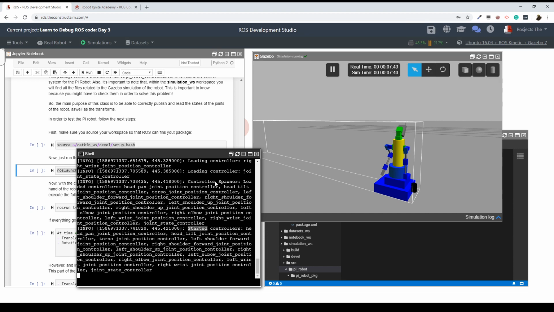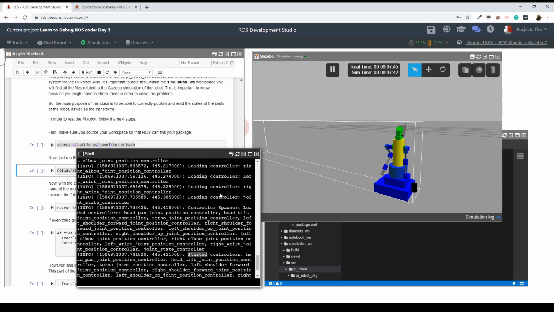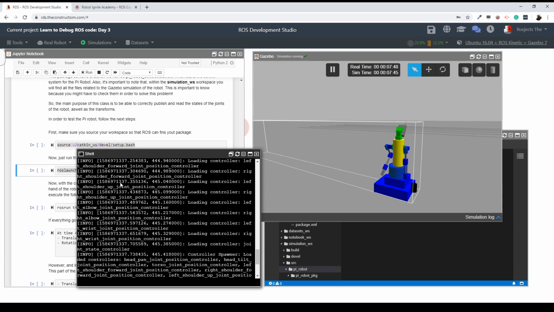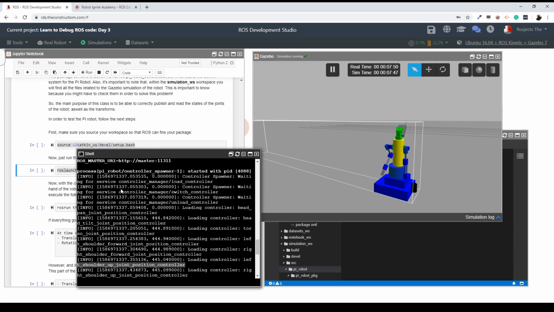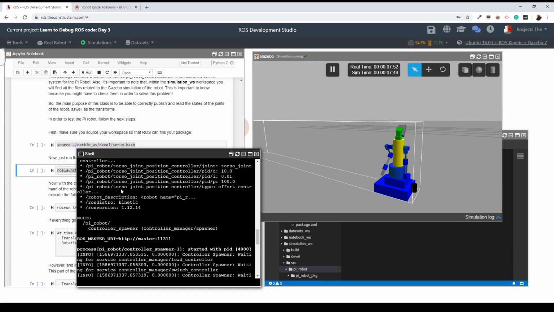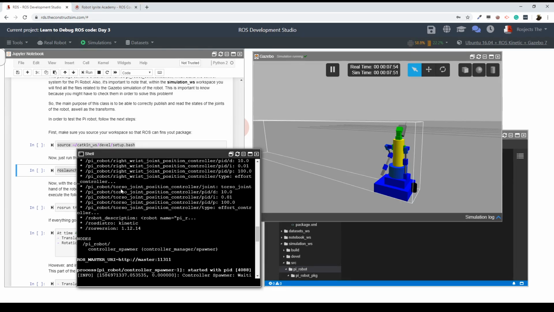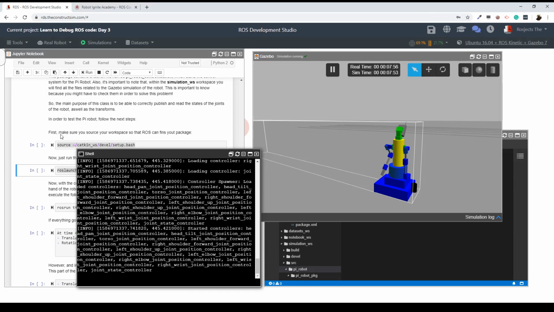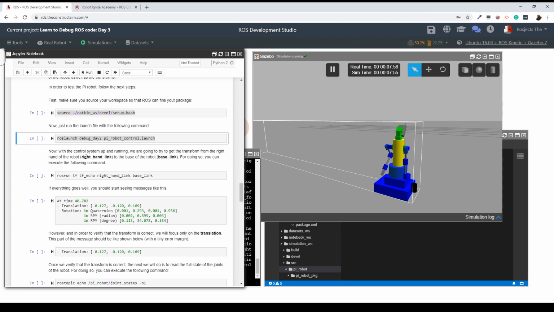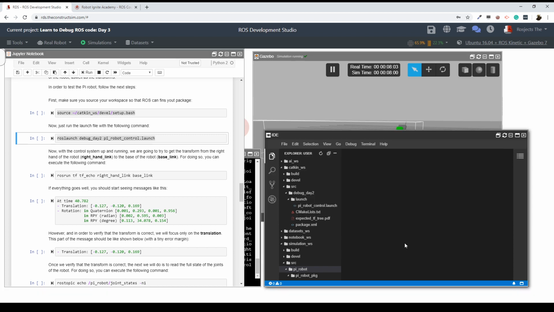Started the controller spawner, loading controllers for all the different joints, as you can see here. So apparently there is no error here, right? So now with the control system up and running, we are going to try to get